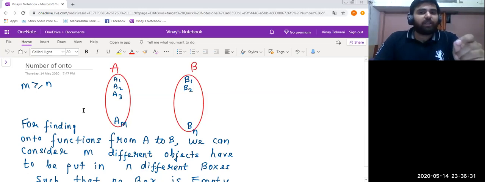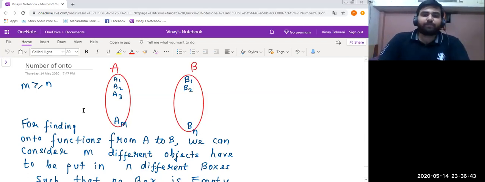So how can we do that? How can we do that, friends? Just think it once again. Some people are thinking that we can do it by grouping. That is quite fine. You can do it by grouping. We have done it already in the chapters called permutations and combinations, that we have distributed some different objects into some different boxes such that no box remains empty.